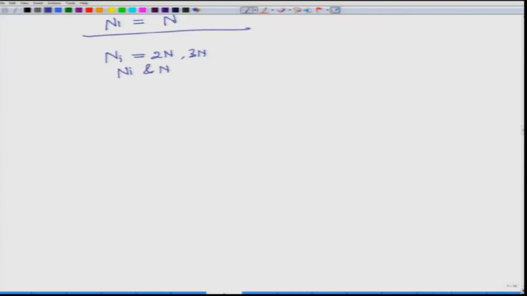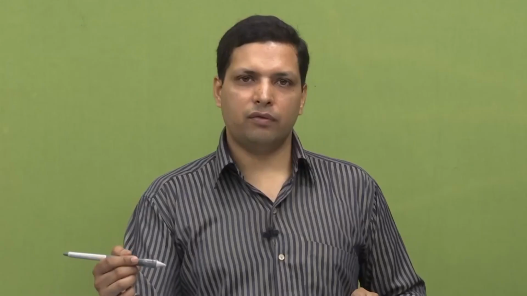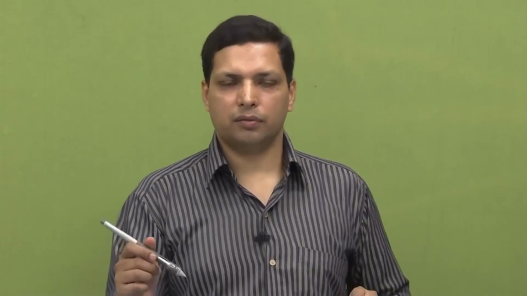In the next lecture, we will see how it will be different when the number of interstitial sites is equal to the lattice sites, and when the number of interstitial sites is not equal to N. It can be any other function of N. We will derive these two, and in the meantime I suggest you try it on your own, and then you will know how to derive this relation. We will do it in the next class. Thanks.